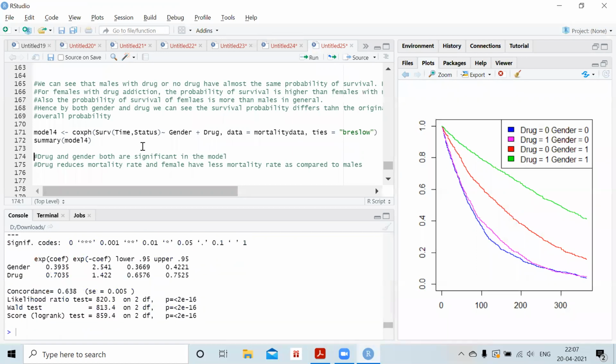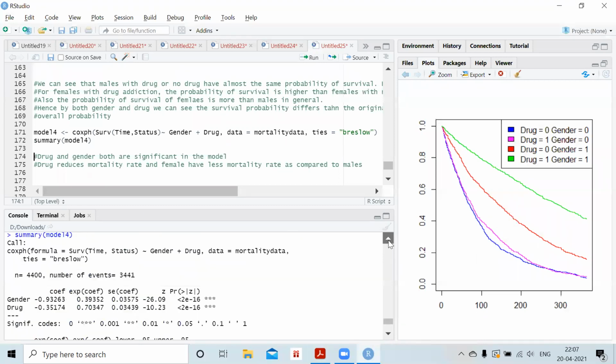So we'll run this and you can just run the summary to see what your coefficients are, and please fit the model properly into the Word document. I hope everybody has written lambda naught t is equal to, however you all write it, and copied the Cox PH value beta plus e to the exp and so on. So the coefficients are 0.39352 and so on, for gender and drug, and you can see that both the variables are significant. We cannot remove them. Both variables are required in the model.